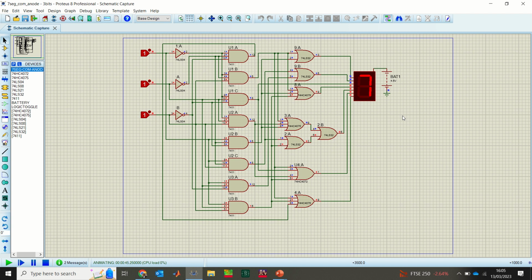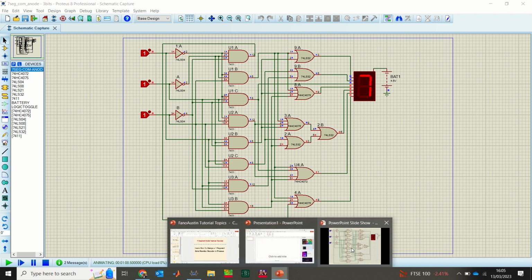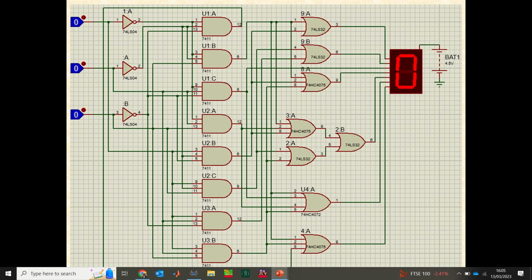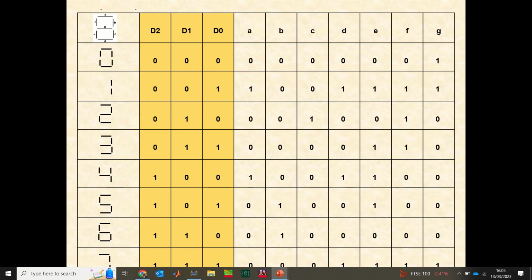This theory can be extended to counting 0 to 9, which is decimal numbers, or the hexadecimal numbers can also be done in the same format. Now, I'm going to have another video where I will implement this on a breadboard, just to show us how these circuits can be taken into the lab, the experiment stage, and where we can now use ICs to bring this to life. I hope you've learned something today. I'm sure you can try your hands on any design of your choice. Probably do